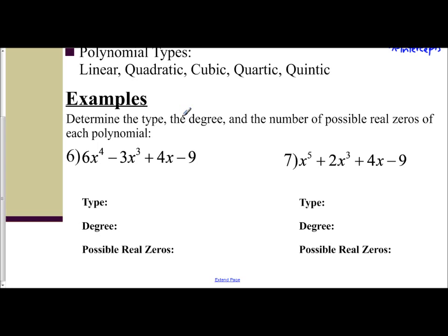So first we have 6x to the fourth minus 3x cubed plus 4x minus 9. I'm going to start with the degree because the degree is the largest exponent of my variable, which is 4. Now, what's nice about starting with the degree is it allows me to know the type of polynomial given. Remember, 4 for the degree means you're going to have a possible number of 4 real zeros, 4 x-intercepts, which means it is a quartic